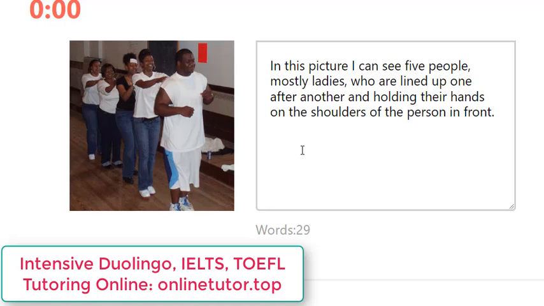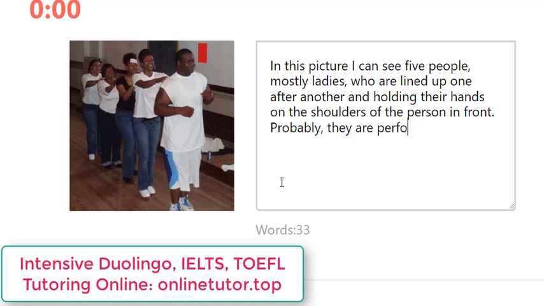If your level of English doesn't hinder you to do that, try to produce, of course, logically the most important action in the picture. So we say that they are lined up already and they have their hands. So let's make a guess what they're doing. So I say probably